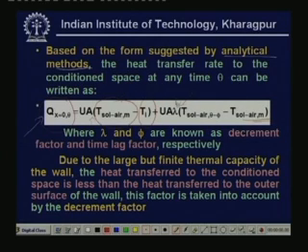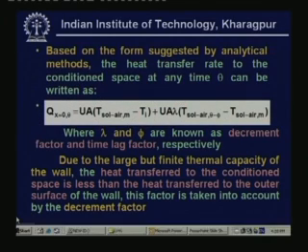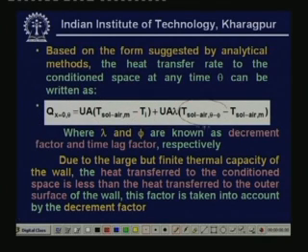And this lambda is what is known as the decrement factor. I will explain what it is, and then this phi is what is known as the time lag factor. And here T sol-air, look at this temperature. What is this? I am calculating the heat transfer rate at some time theta. So this is written in terms of temperature at time theta minus phi, where phi is the